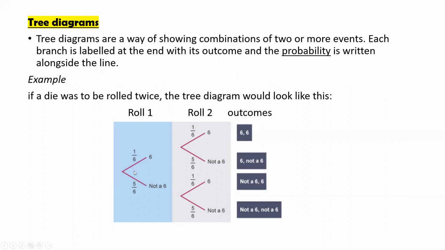So the question is like that. I only focus on I want to get 6. So either you get 6 or not getting a 6. So the chances to get a 6 is 1 over 6. So this one here is called the probability of getting a 6. 6 is the outcome here. This is not a 6. So this is the outcome. And then this one is the probability.